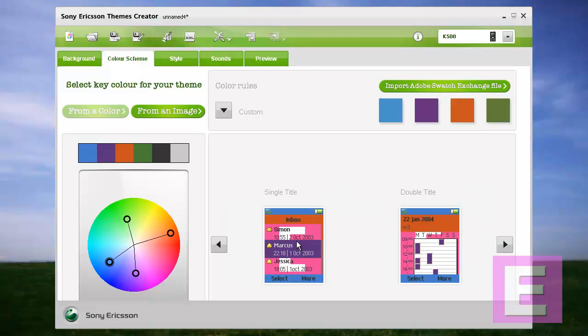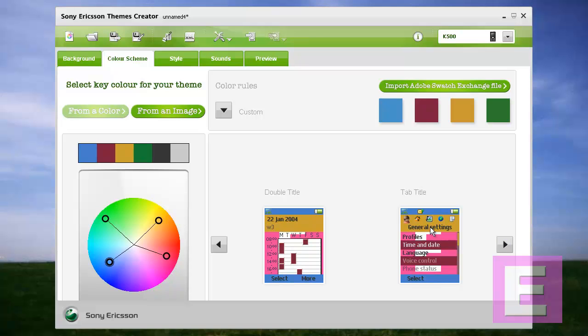Same way here also, drag the point. If you get the desired one, stop moving. This way, for double title also you can change whatever color is currently appearing. For tab title, you can see the output.